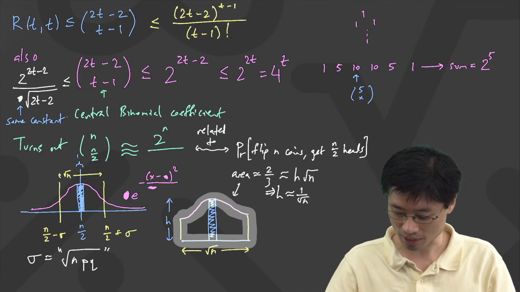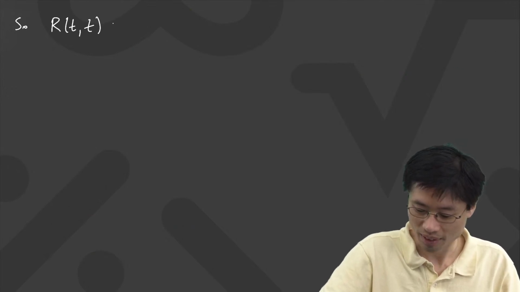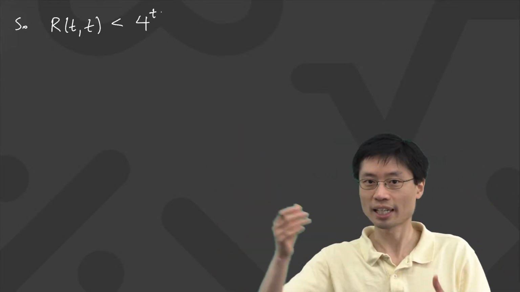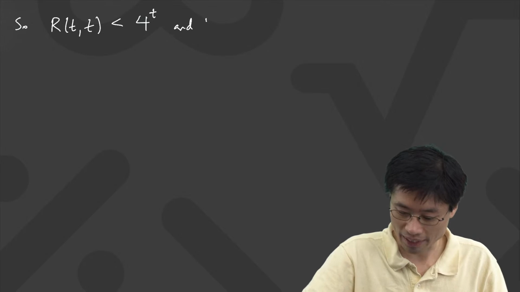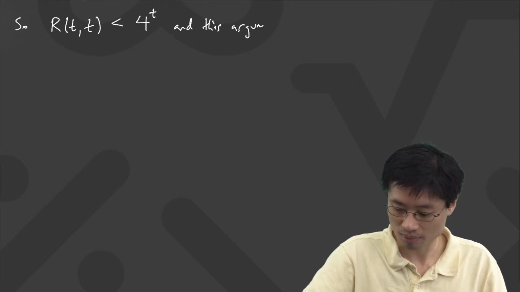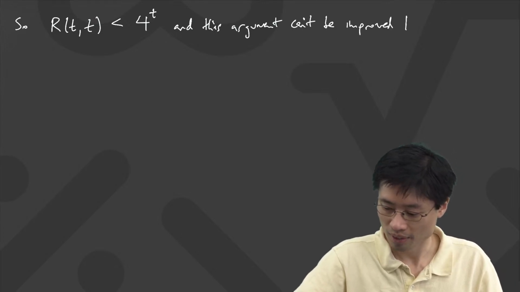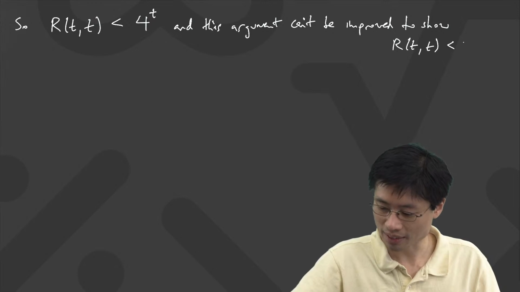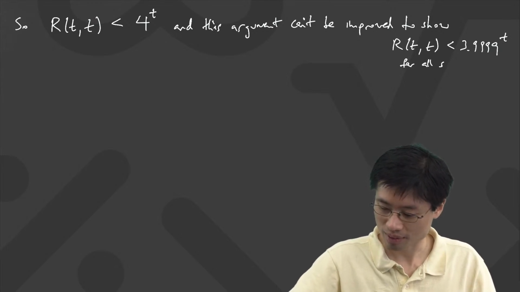Okay, so all of this has gone to show that R(t,t) is less than 4 to the power t. And this argument that we have shown can't ever give you a better base of the exponent than 4. This argument can't be improved to show R(t,t) is less than 3.9999 to the t for all sufficiently